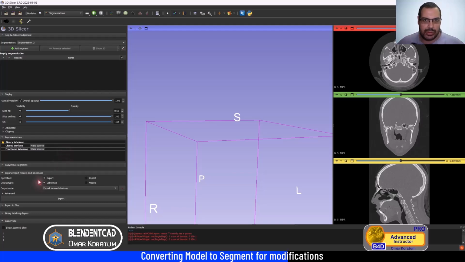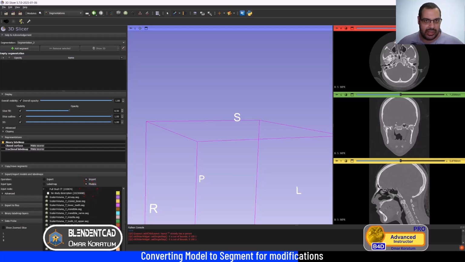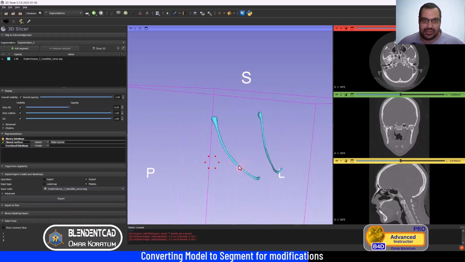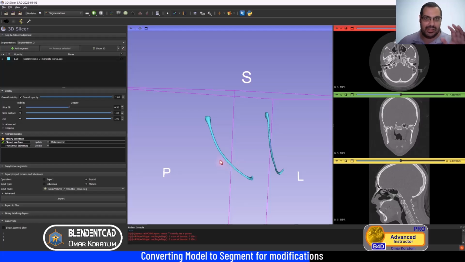And then I'm going to go down a little bit until I see the export import models and label maps. Here I want to import model. Okay, so I'm going to press on import and then models, and then I'm going to select the model that I want to modify. For example, we are going to use the mandibular nerve. So I'm going to press on the mandibular nerve.seg and then press on import. Now, as you can see here, here is the mandibular nerve, but now it's a segment in a segmentation node,